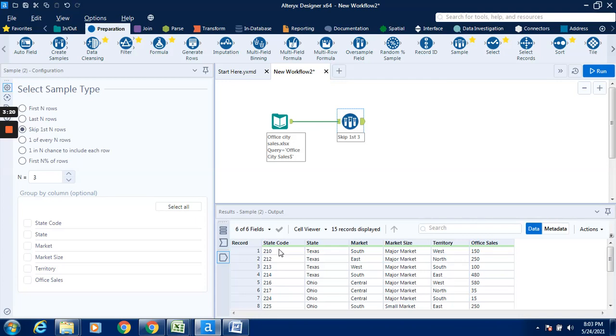So likewise we can do it. We can also skip the last n rows. If you want to skip the last 2 rows, last 3 rows, likewise we can do it. I hope you have understood this particular video, how we can skip the rows. Whatever data is used